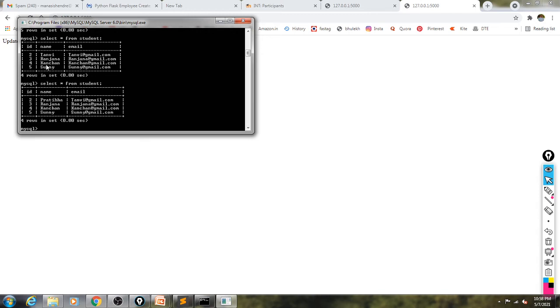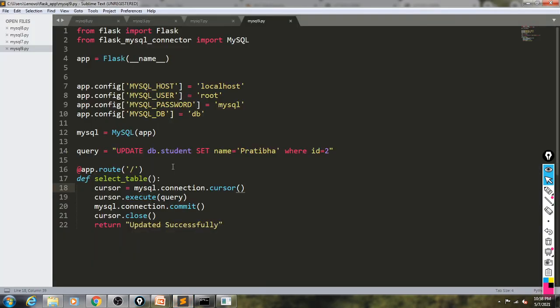We executed the script where we changed the name Tanvi to Pratibha, and once we executed this script, we got that ID number 2 has the name Pratibha. Okay, so we can change contents of fields, meaning contents of attributes, by using the update command.